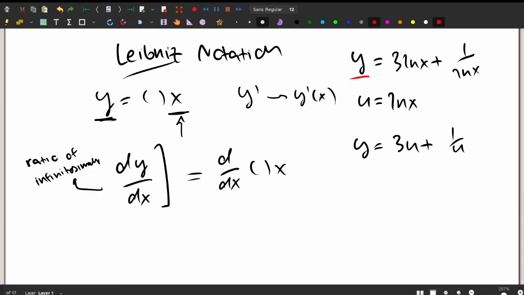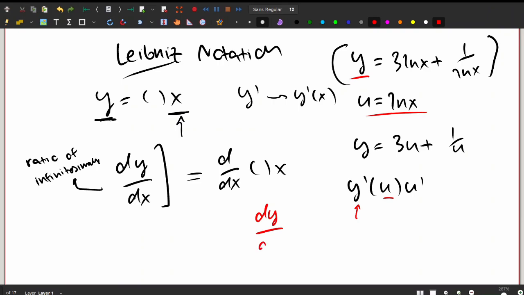So we have an outer function y and an inner function u. So what does our chain rule tell us that we'd write? Well, in the way that it was written last video, we'd say that the derivative of this whole function is going to be equal to y prime of our input, which is this outer function u, times u prime. Now, let's rewrite this in Leibniz notation. So firstly, we have the derivative of y with respect to u, which will be written as dy over du. Secondly, we have the derivative of u, and this is implied to be with respect to x, times du over